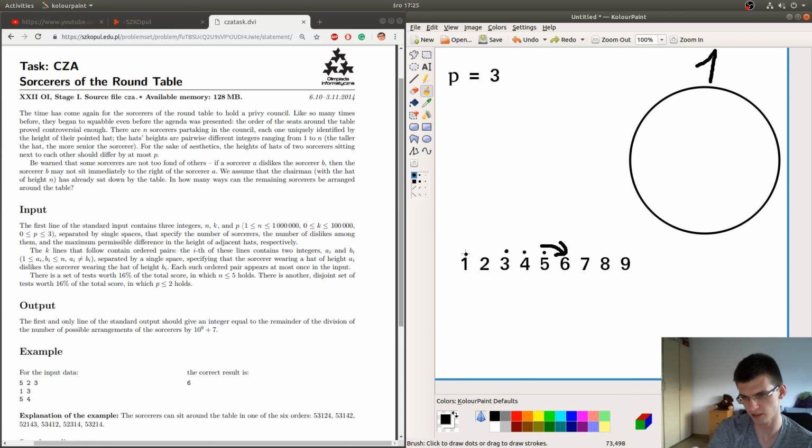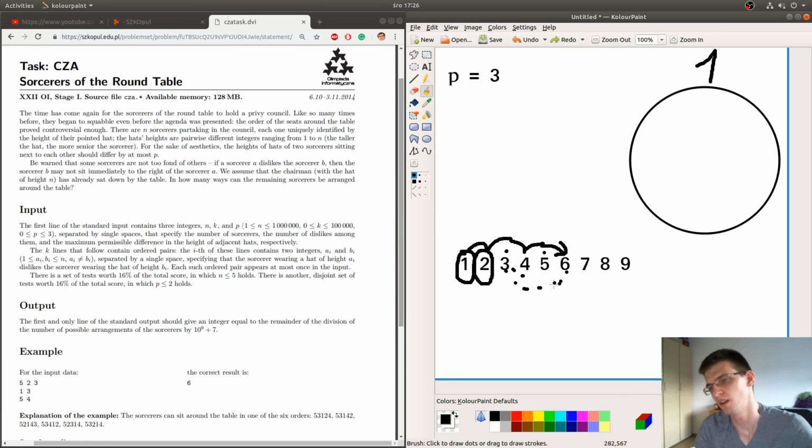So let's say that those are visited already. Let's say, for example, that we visited 1, 2, 4, and 6. Then we must do something like this here. So from 6 we would have to go to 3.